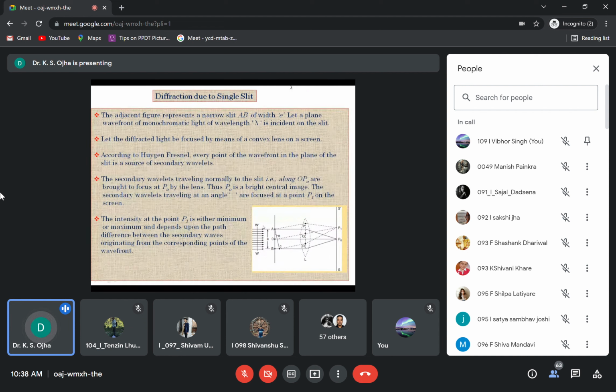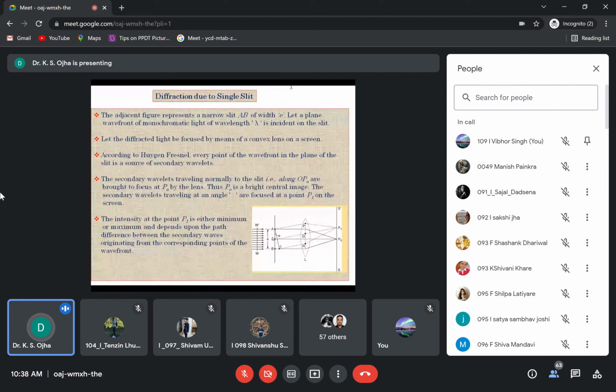This W prime is representing the waves which are coming from a source. This is a Fraunhofer class of diffraction. So we are using a lens L in between the slit and screen to collect the rays emerging from the slit. So AB is the slit, and the width of this slit is e. Okay, we are observing the diffraction pattern on screen SS prime.